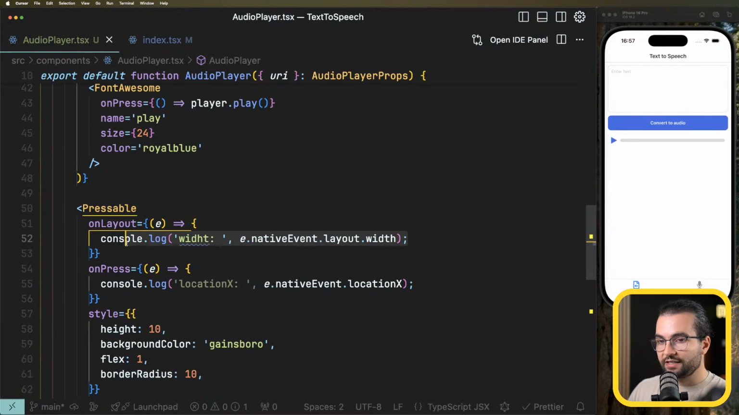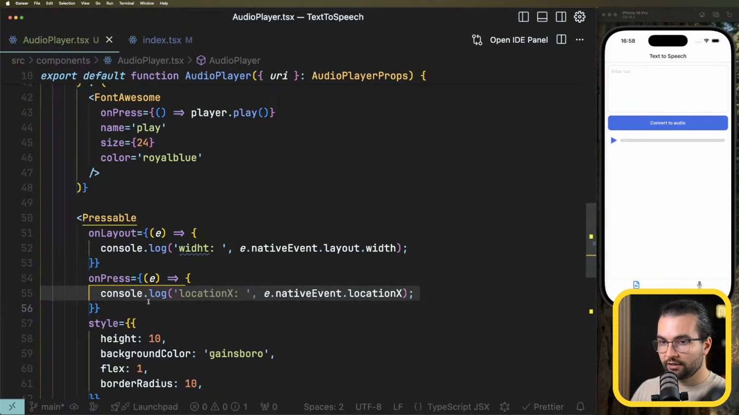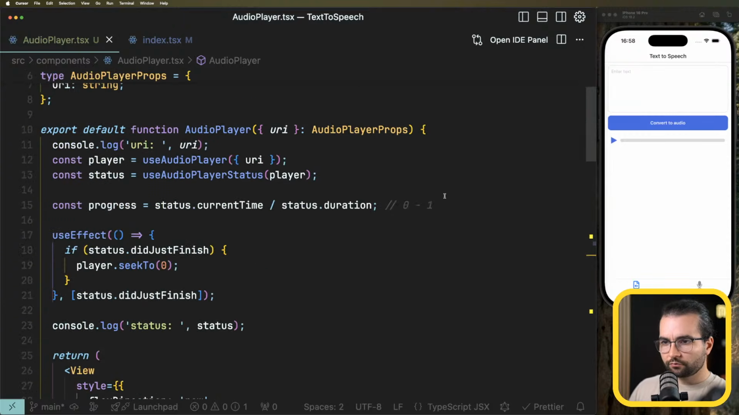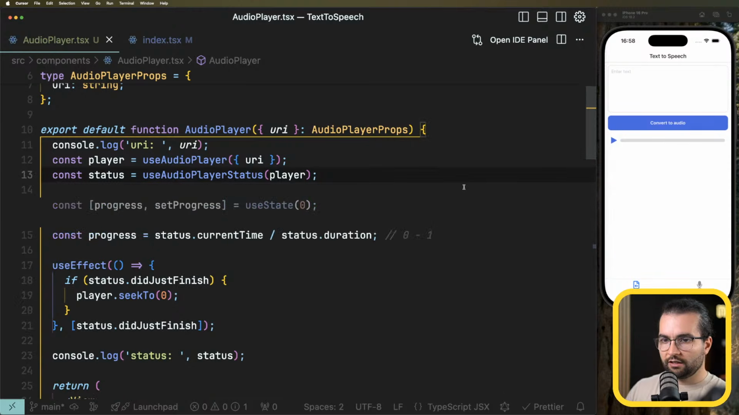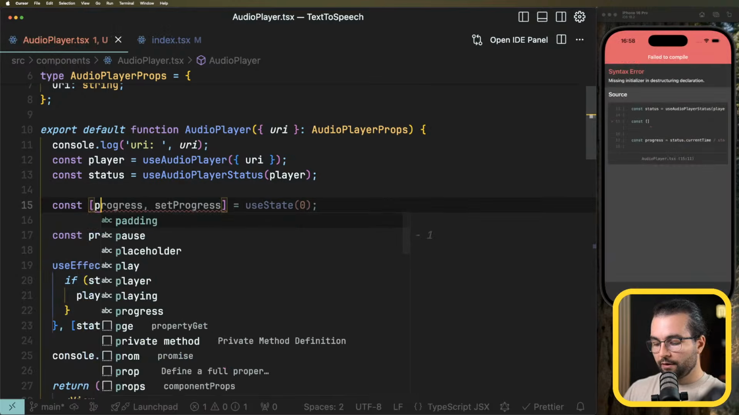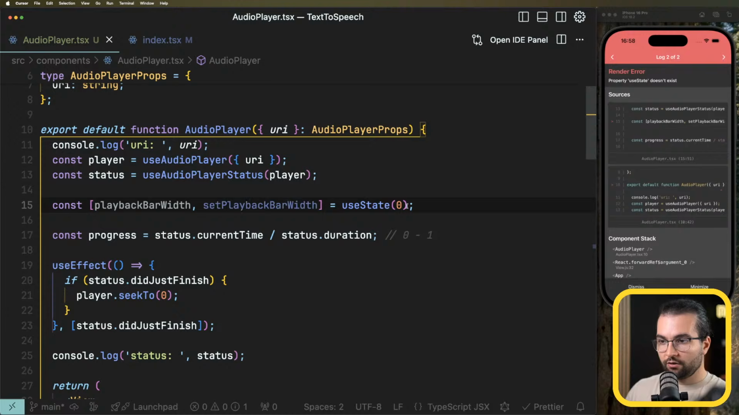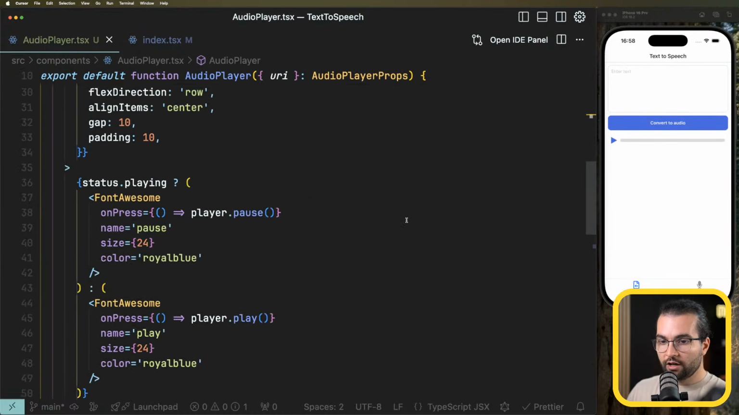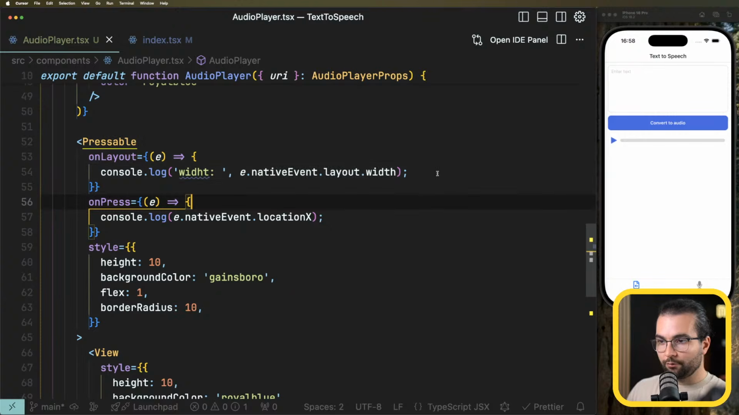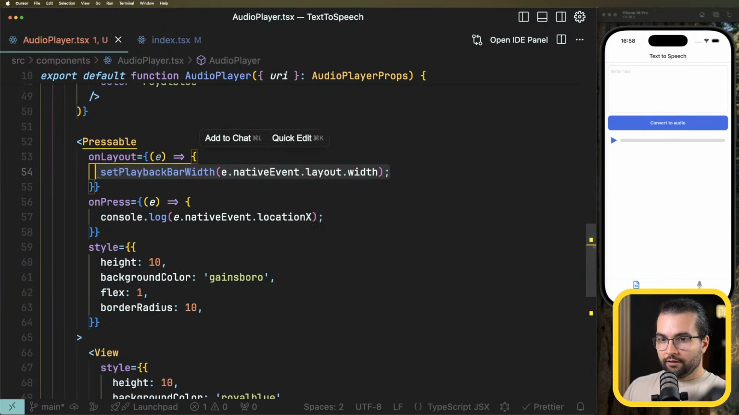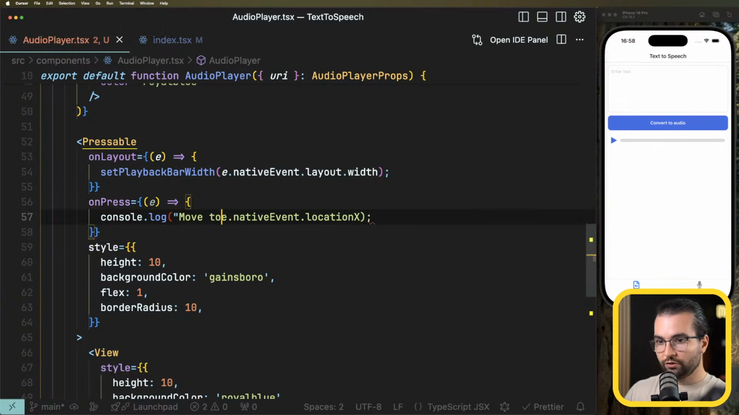What we need to do is save this in state, because we are going to need to access it in another function. So I'm going to define here at the top const playbackBarWidth, setPlaybackBarWidth. I'm going to initialize it with 0. When we render this playback bar, I'm going to say setPlaybackBarWidth using the nativeEvent.layout.width, and here in console log we can say move to,